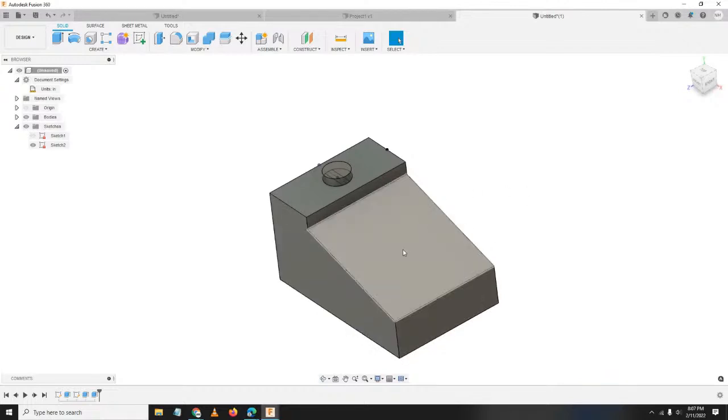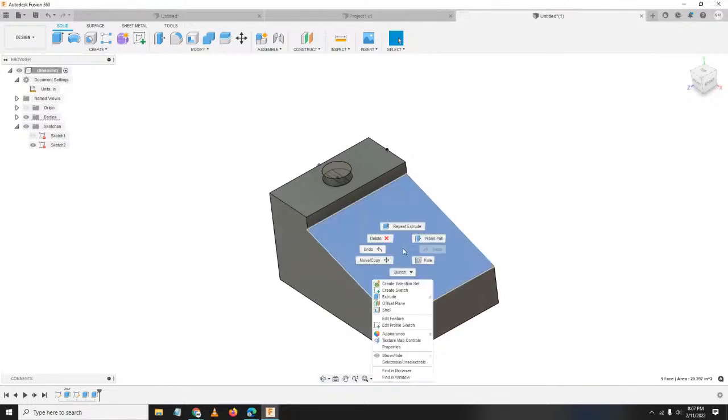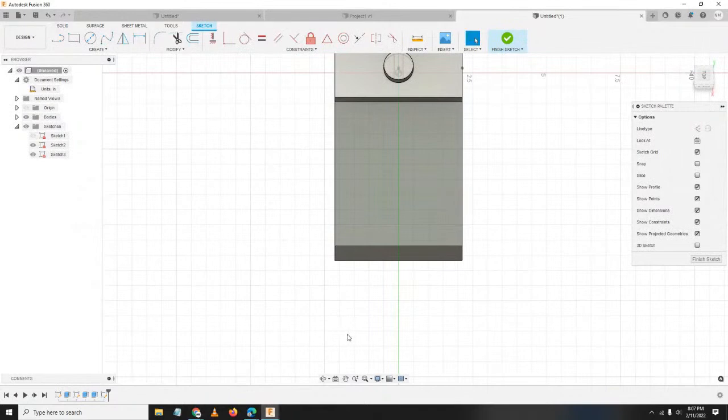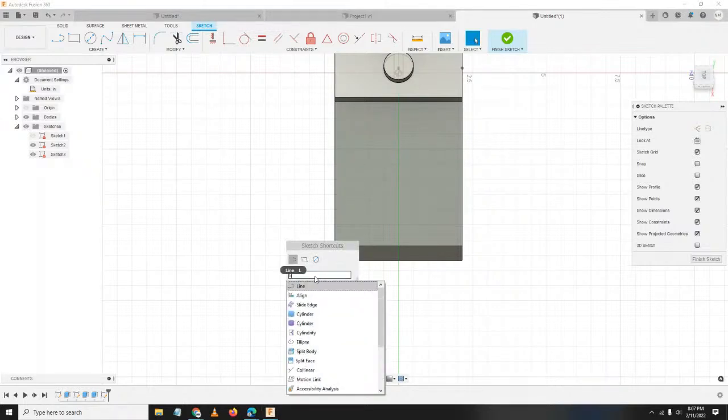So, let's select this face, left-click, right-click, and select create a sketch. Okay? So, pag pinress nyo yung S, yan po ay sketch shortcuts. So, lahat po ng hinahanap nyo nandyan. For example, maghahanap kayo ng line, type nyo lang LIN, so lalabas dyan.